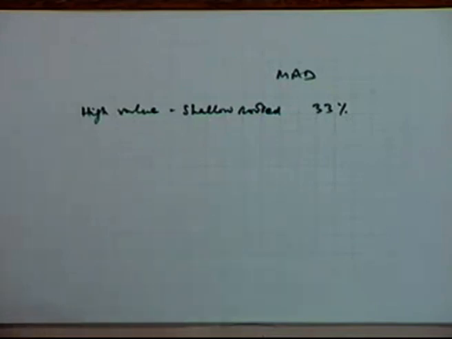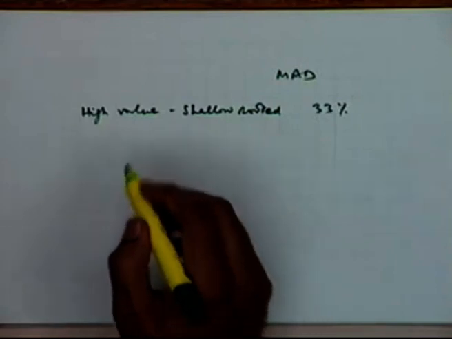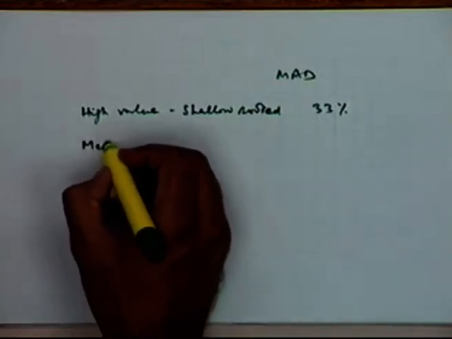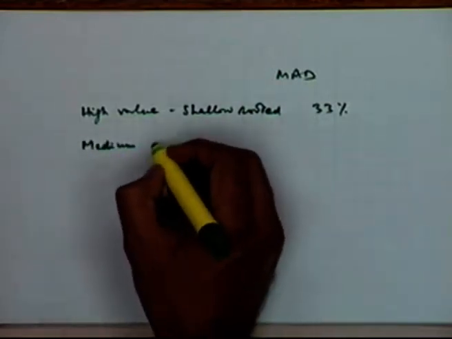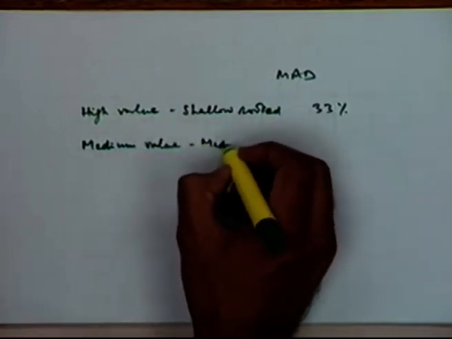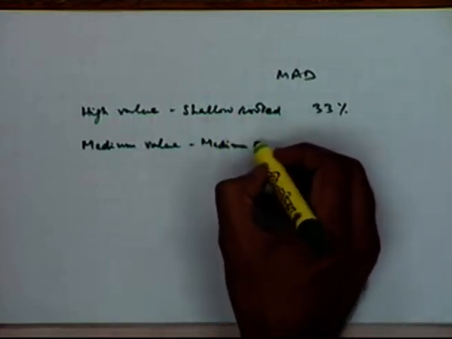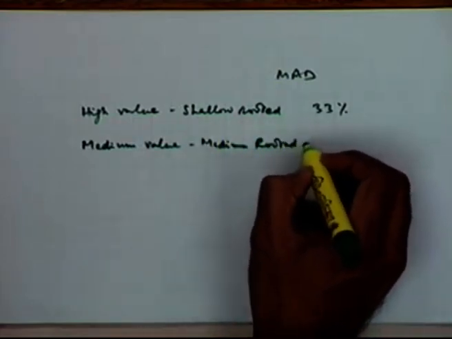So the level of extraction is much lower when you have more sensitive crops. When you have medium value crops, medium rooted,